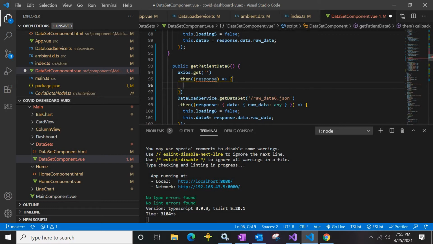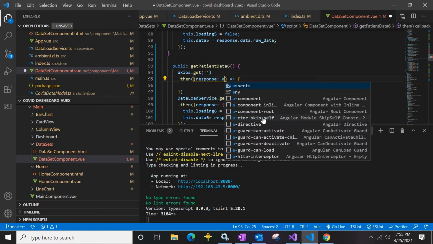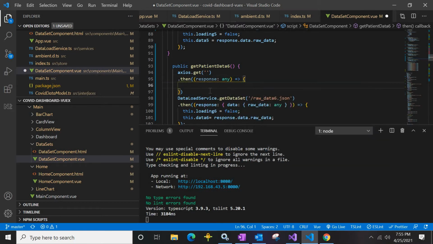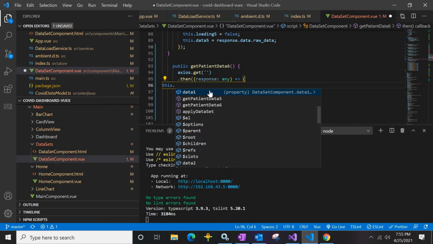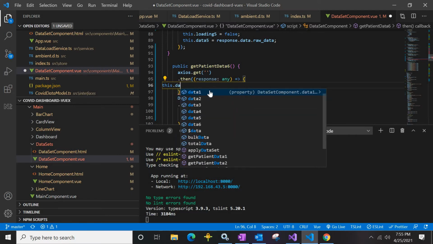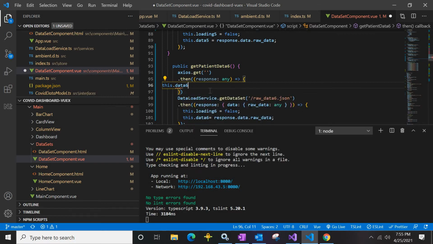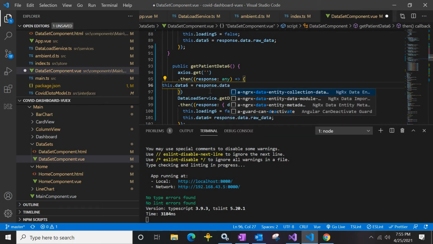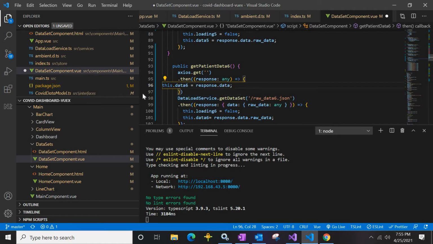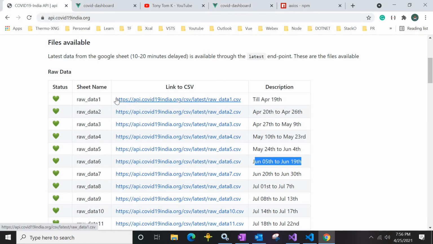Here you just assign this dot data to response dot data. So this is one way, where you call the API. If you check here, you will see the API COVID-19 followed by that particular API name.